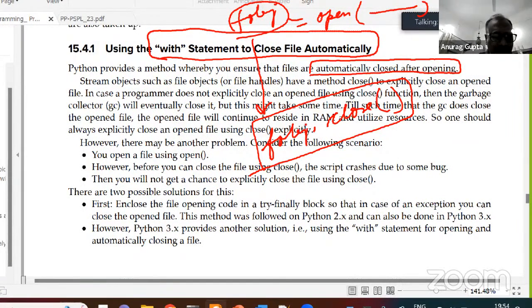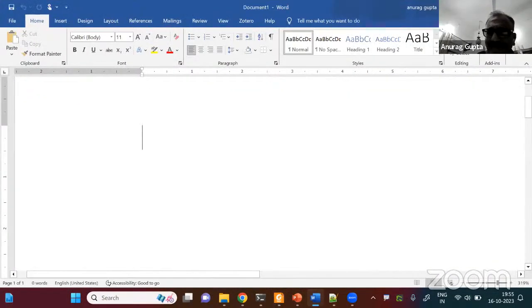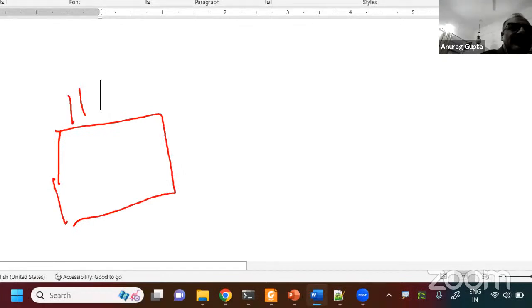See, basically, you need to understand how things work. Let me try and show it to you. Suppose this is your hard disk, let's call it HD, and this is your RAM.